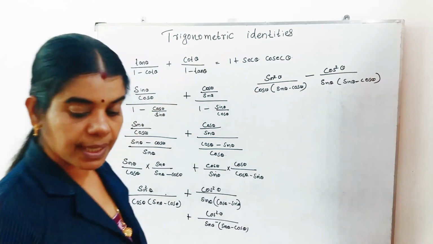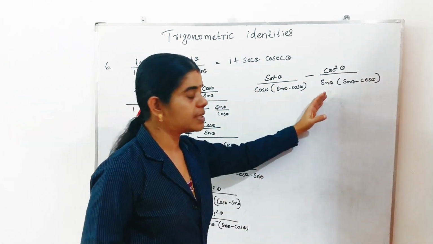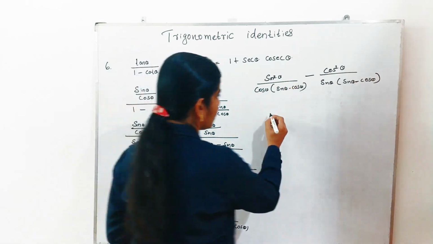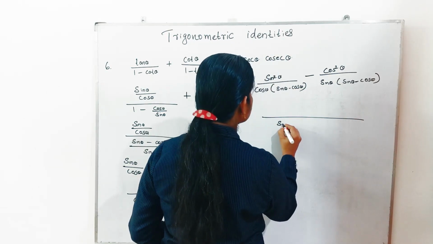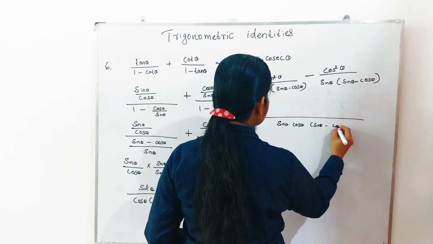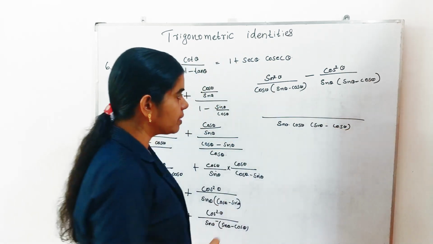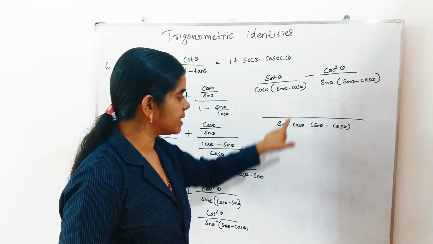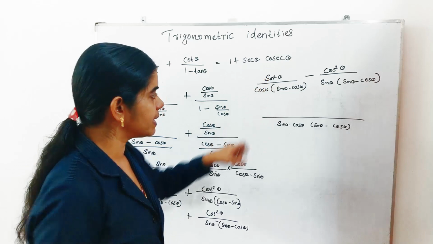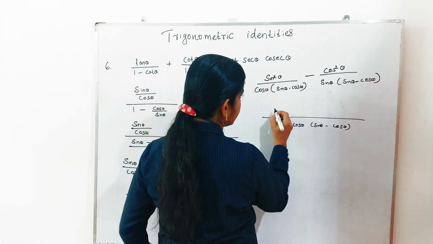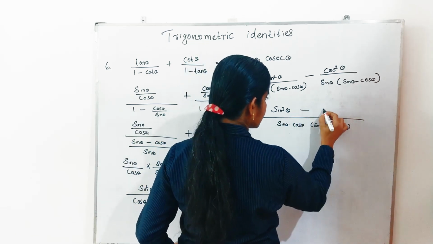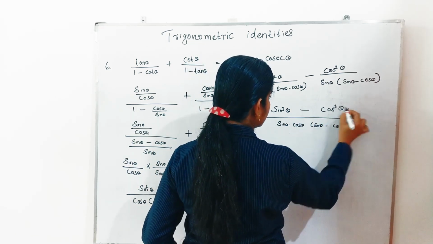Up to this. Okay. Again, you know that these two are the fractions. Then, what will be the LCM now? LCM will be sin theta, cos theta, sin theta minus cos theta. This will be the again LCM. Then here is cos theta into sin theta minus cos theta. So here extra is sin theta, that you want to multiply here. Sin square theta into sin theta means you will get sin cube theta minus, here also the same way you will get cos cube theta.